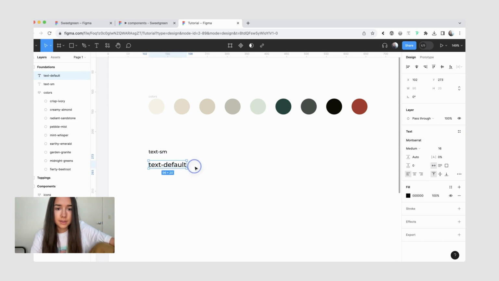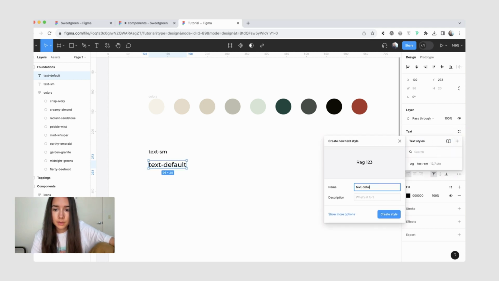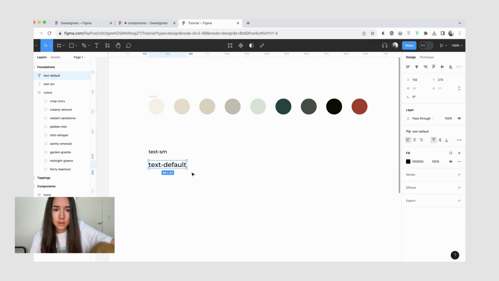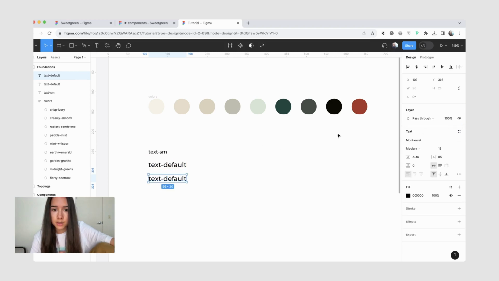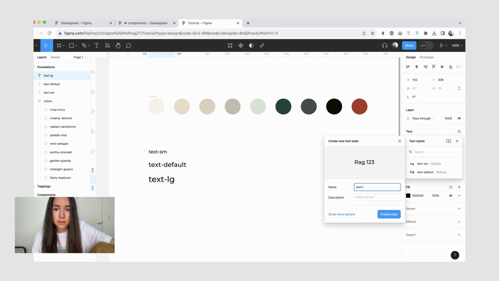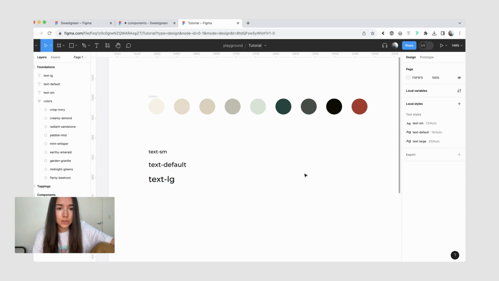Just do text default. And then our last one is going to be text large. We'll make it 20. And just save as text large.